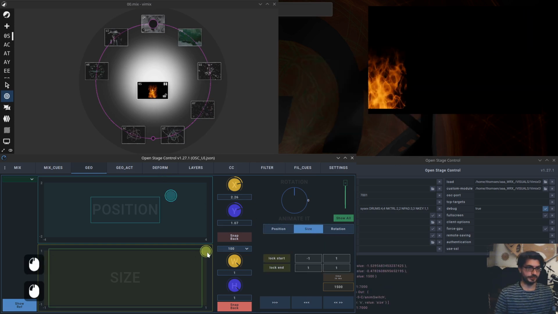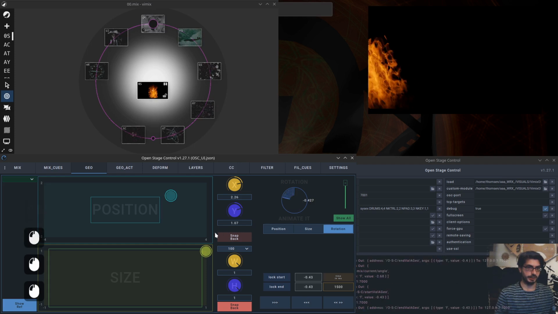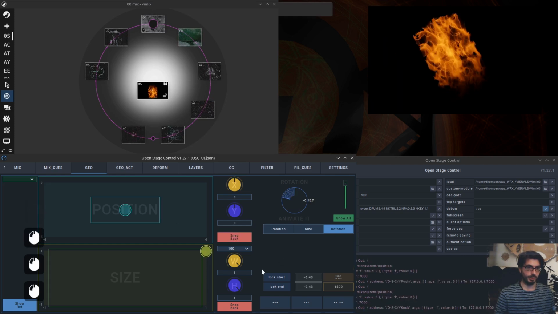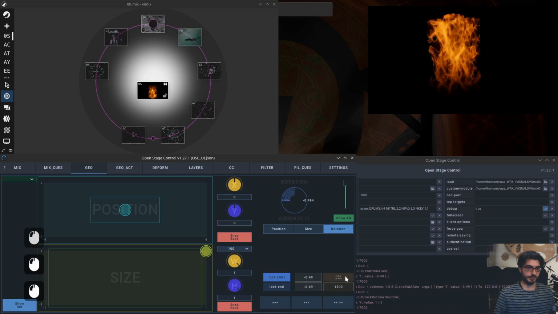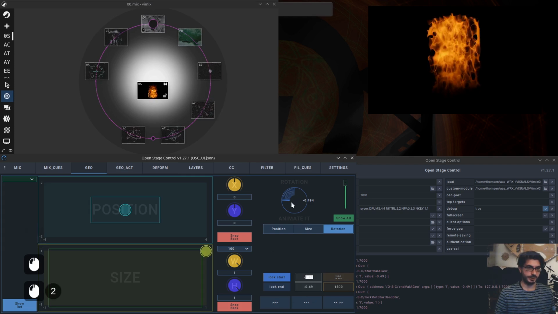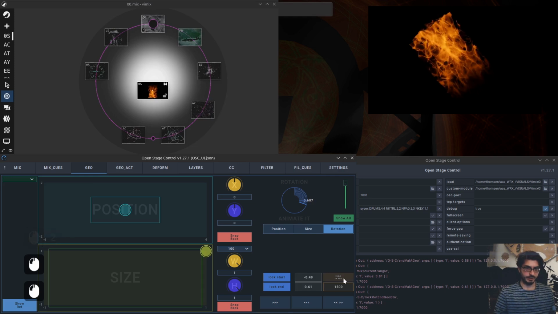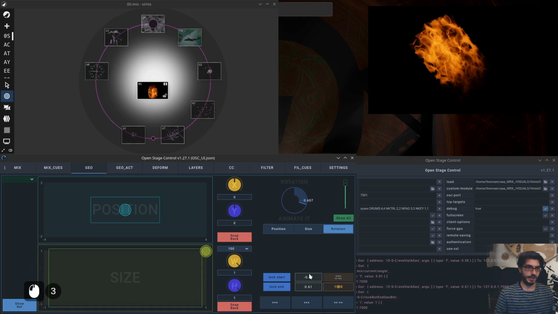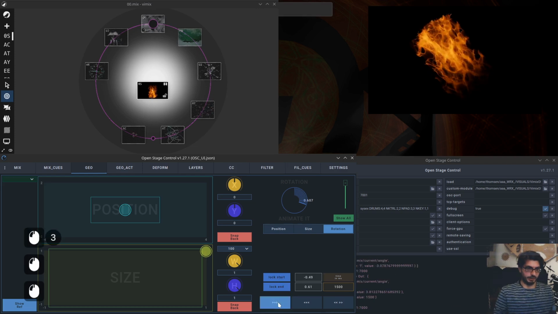You can do this for the size or the rotation, exactly the same thing. I want to set a start point, so lock the start. Could even type in the values, and I want to set an end. Rotation, this is again the amount of time that it should animate. And if I have start and end locked, I could